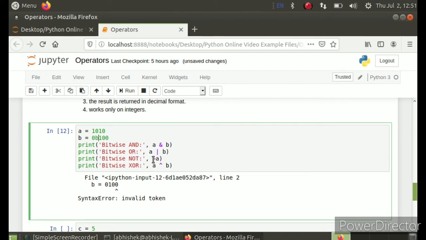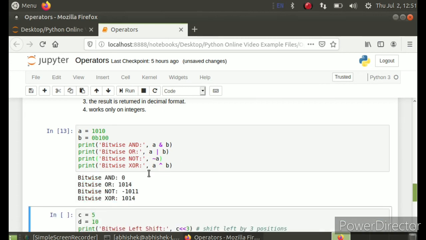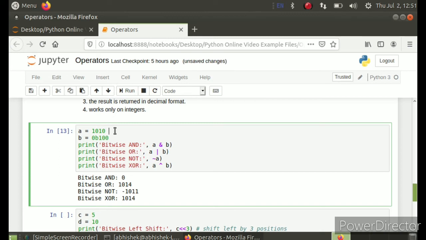So bitwise AND is written as ampersand, OR as the pipe symbol, NOT is written by the tilde symbol, and XOR is given by the caret symbol. Running it, what will happen? Okay, now this AND operation is working similarly to what we just saw in the above cell for 5 and 4.